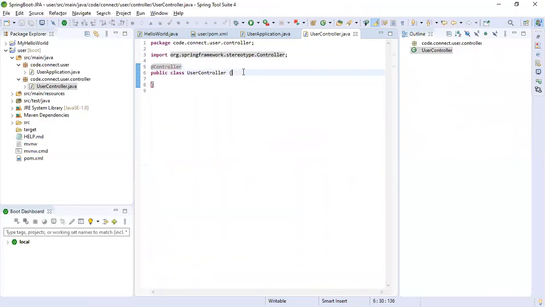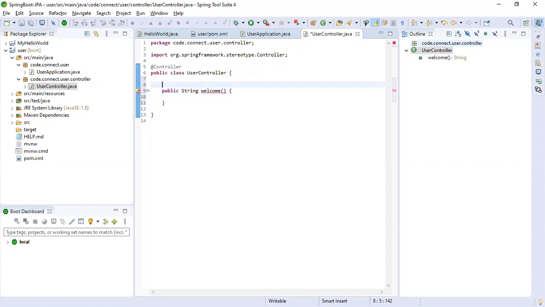Now I'm going to create one method, public String welcome.